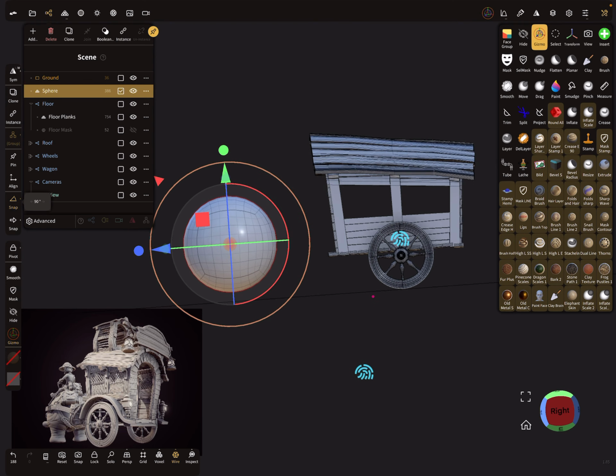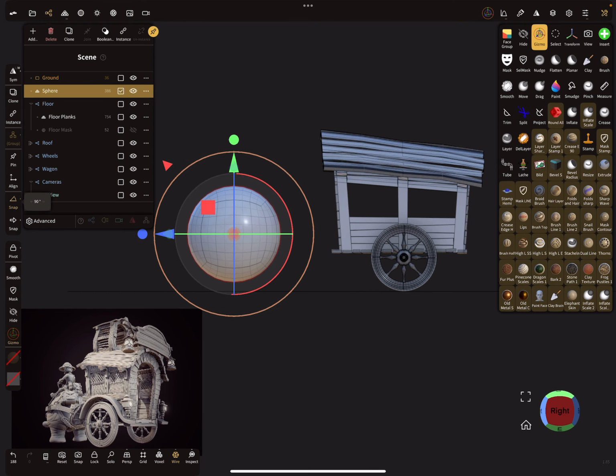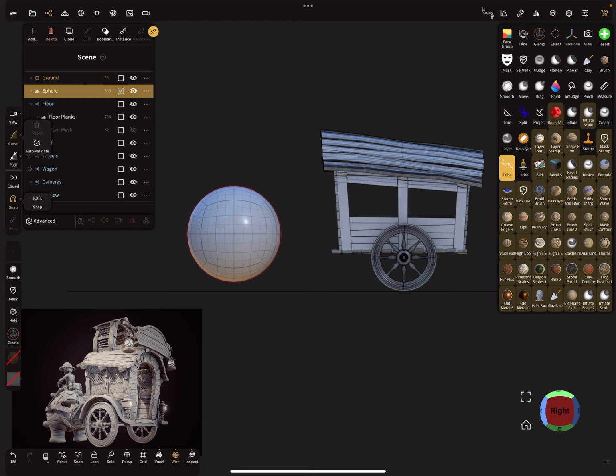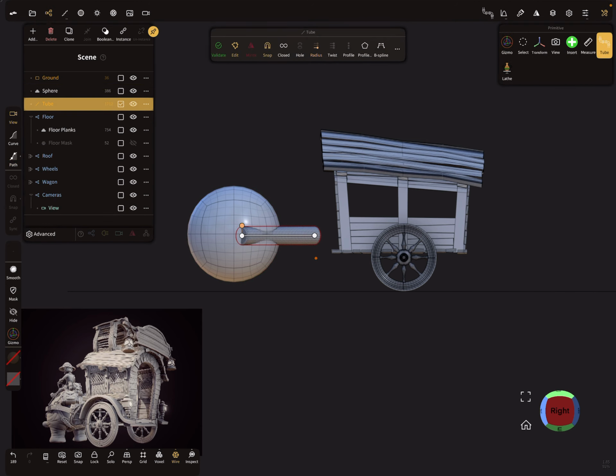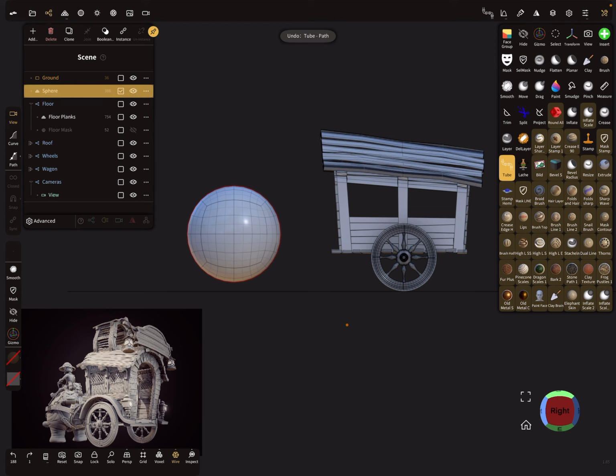Now I start with a tube. So here on the left side there's a snapping option. I use it so only for this point. So I start with a path. Sorry, I have to clear the path. So let's start here. So I validate this, not validate. So let's do it again.